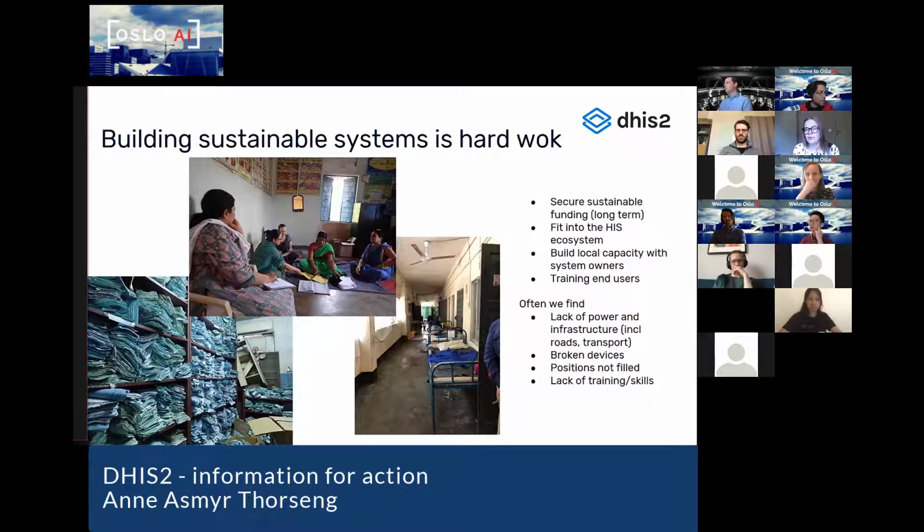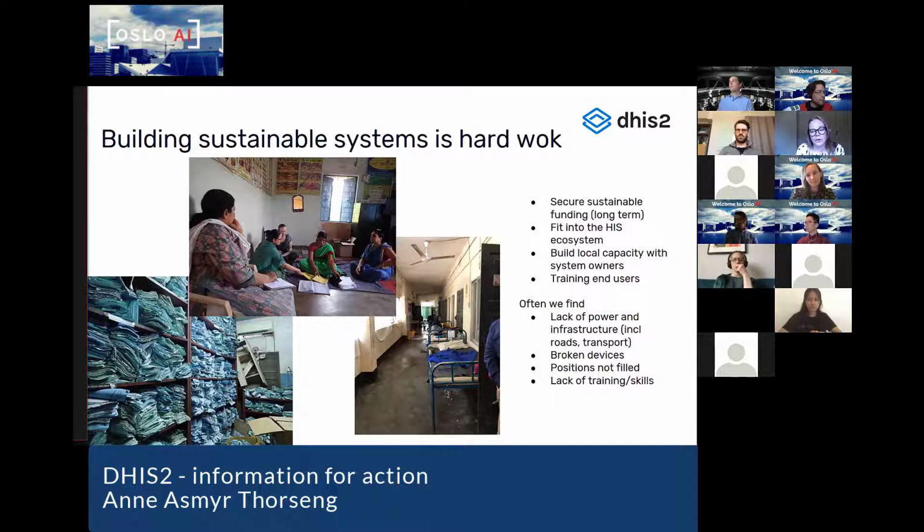You see a lot of development projects fail because you throw lots and lots of money at it in the start when things are very urgent, and then the money disappears and the project just falls down the drain. You need to fit into the health information system ecosystem. What is in place, how do you deal with those, what do you integrate with, what do you import, what do you try to rebuild, and all the power struggles that surround that.